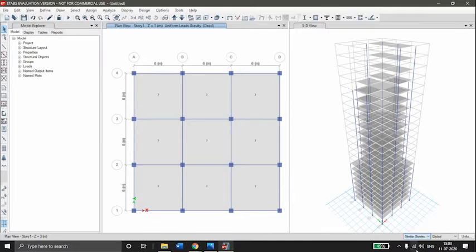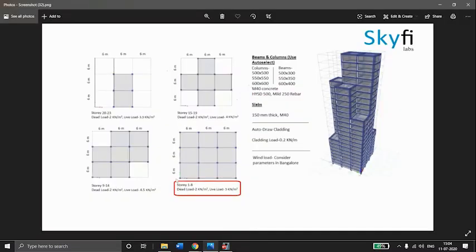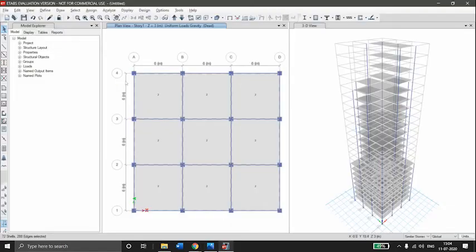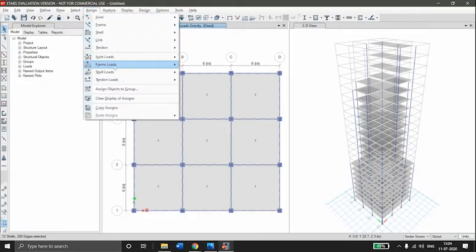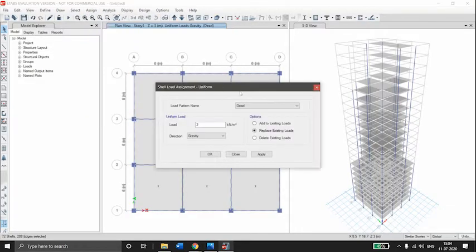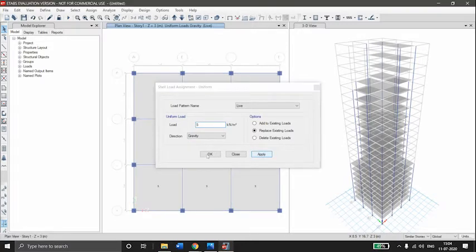Then select similar stories, select slabs. For story 1 to 8 live load is 5 kilonewton. Go to assign shell loads uniform, select live 5 kilonewton per meter square, apply, OK.